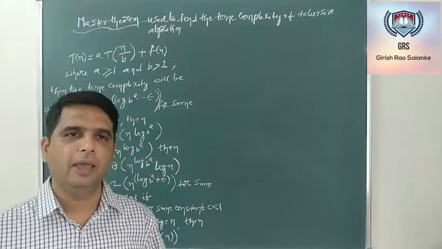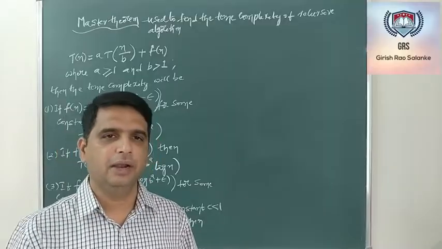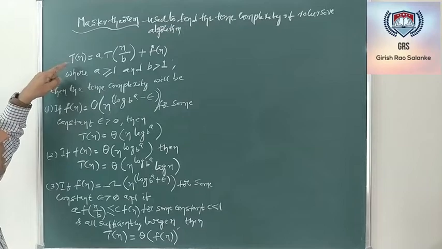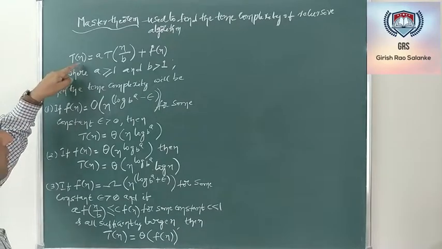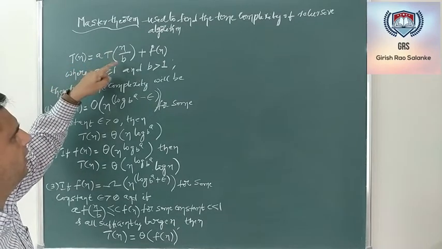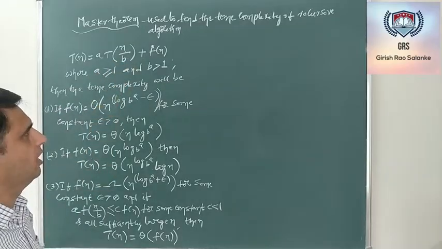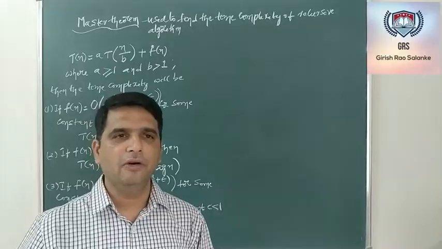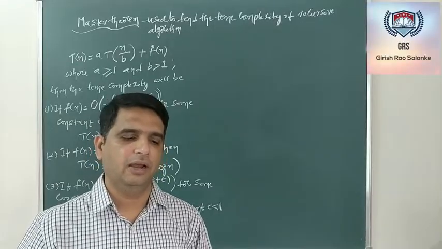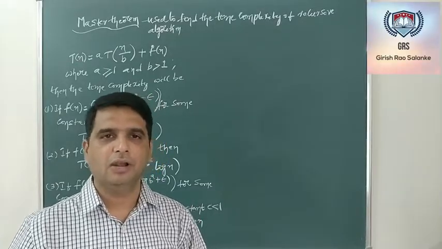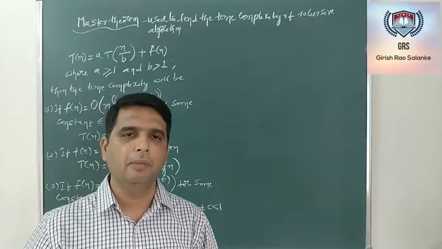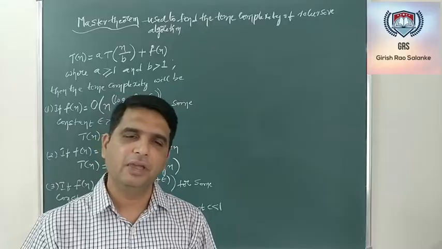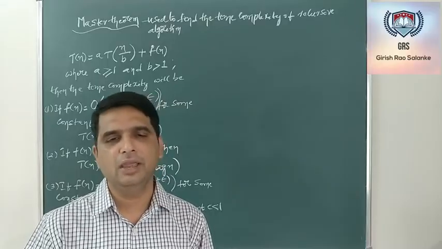Note that in order to apply the master theorem method for any recurrence, the recurrence should be of this particular type, wherein T(n) has to be denoted with a*T(n/b) + f(n). Generally, this type of recurrence we will get in case of the divide and conquer design technique. Whenever we are trying to solve a particular problem by dividing it into smaller sub-problems, we can use master theorem to find the time complexity.